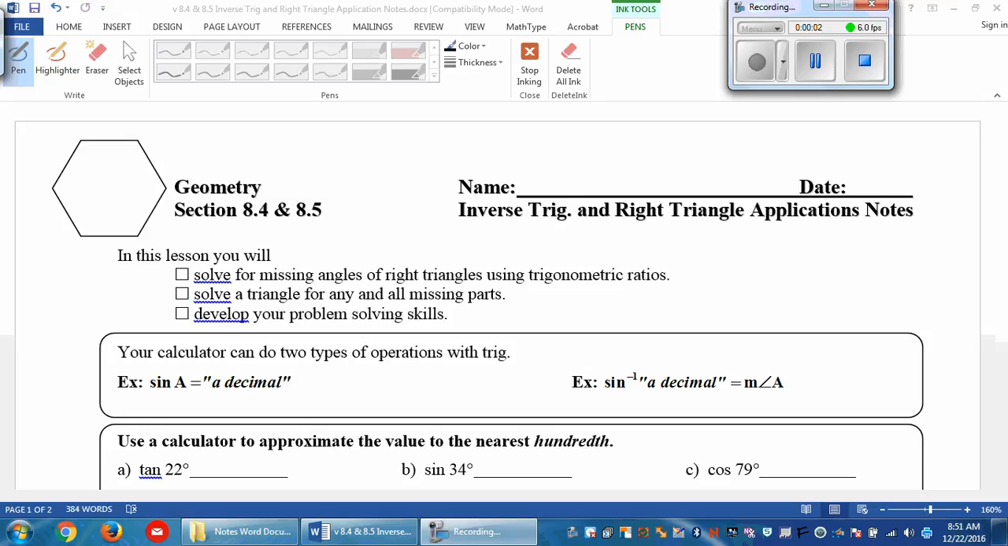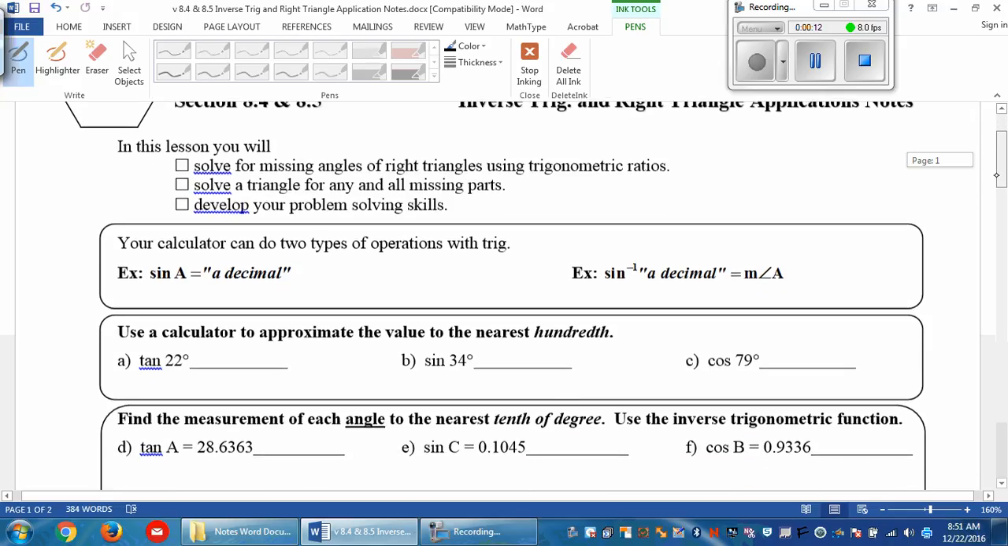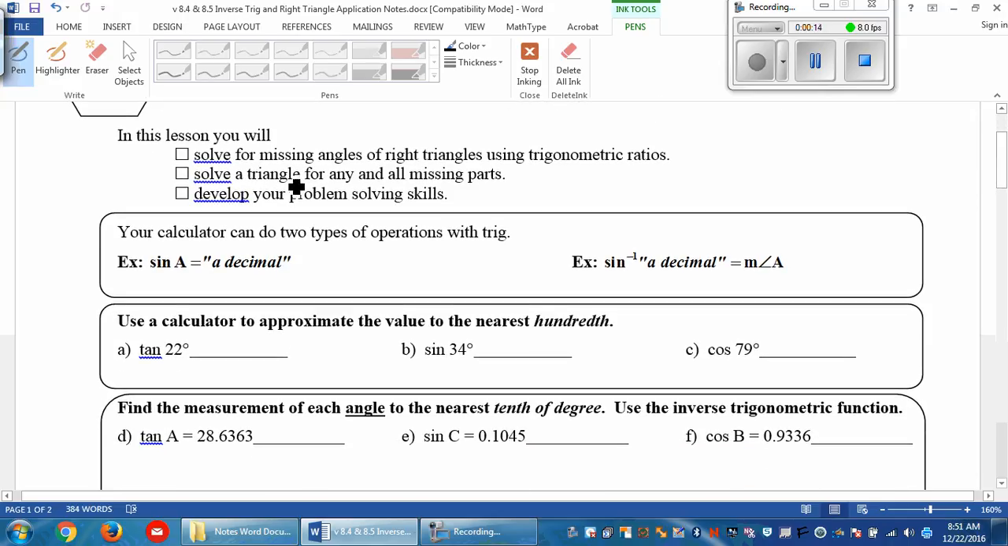In this video, this is the geometry section 8.4 and the start of 8.5. We're going to be doing inverse trig and right triangle application notes. So in this lesson, we'll be solving for missing angles of right triangles using trigonometric ratios. We will solve a triangle for any or all missing parts, and we'll develop your problem-solving skills throughout by interpreting